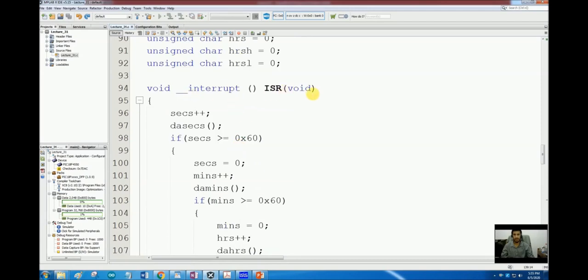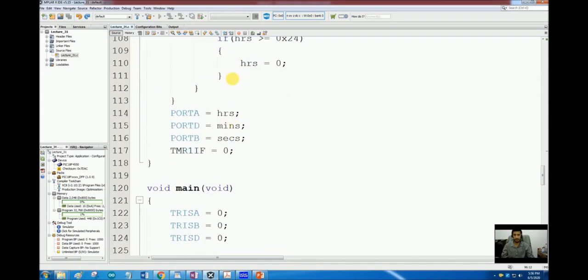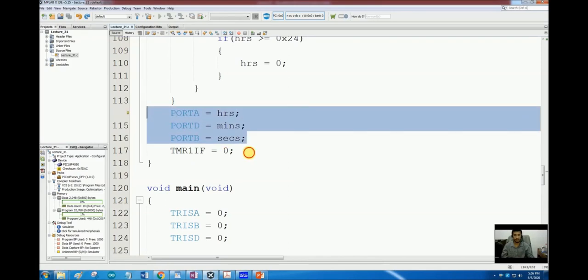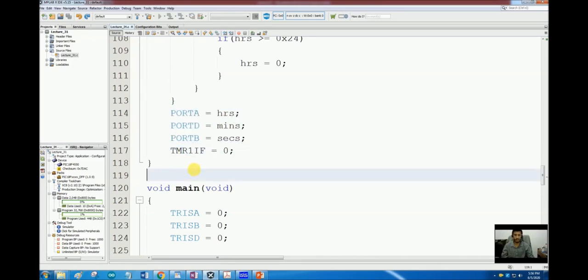And in this ISR, the first thing we used to do was to increment the seconds. So we are not compromising and we are not losing any single microsecond at this point, because this is the first thing that we are going to do. Then the timer kept running in the background, so the timer count was not disturbed, and after completing all this subroutine, the checks etc., we updated the values of hours, minutes and seconds on the ports, cleared the flag and returned.